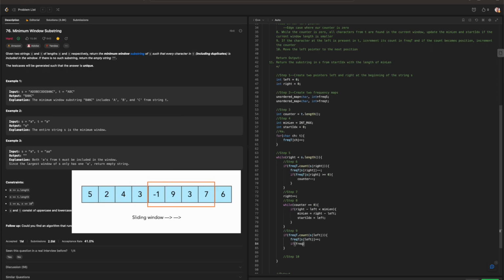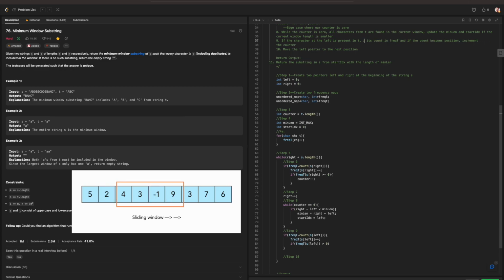If the frequency of t, s of left is greater than 0,